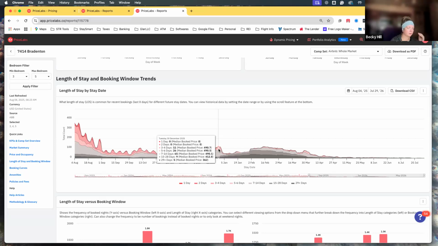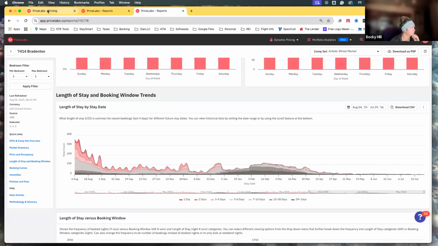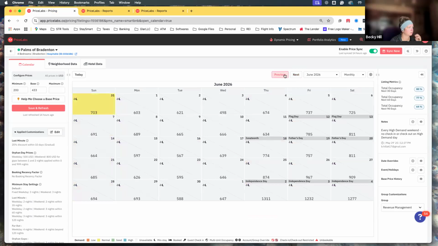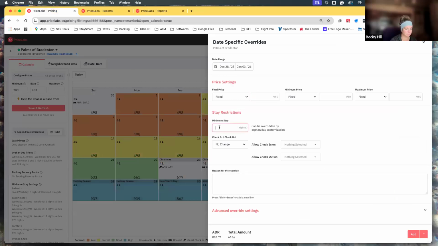So look in your area. How long are people staying? If you notice a majority are staying longer than your minimum night stay, then you can go back in, and you can come over here to December and be like, okay, let's increase this to a 6 night minimum or a 5 night minimum. You want to attract like